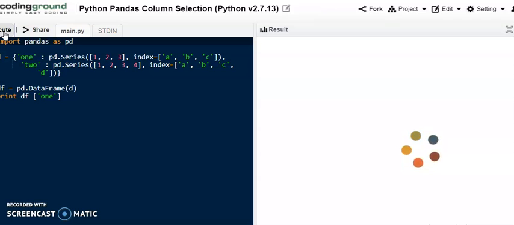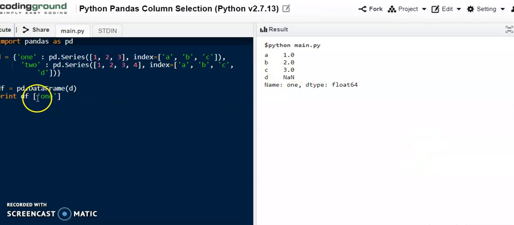Now you can check the difference also. I want to access column 1 here; the column labels are 1 and 2. You can write print df with the column name in single quotes, whatever you want to access. Here I have mentioned 1, so the elements of column 1 are 1 2 3, is it showing to you? And the d row contains NaN, not a number, because there is no fourth element for it, but it will follow the index according to the second column. So here d will show us NaN.